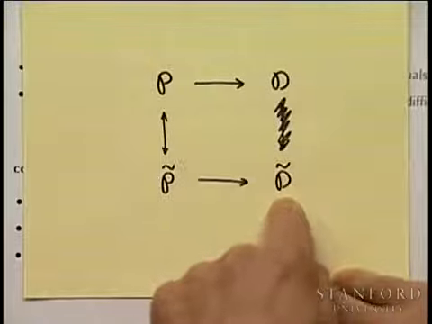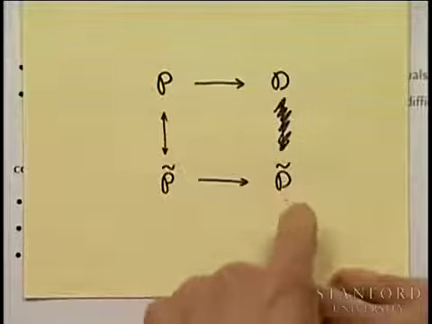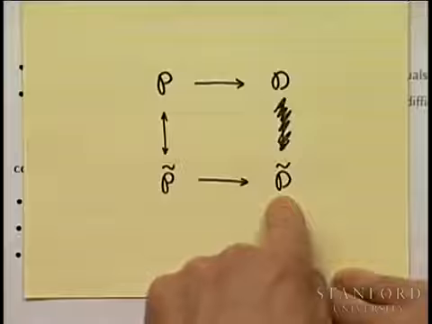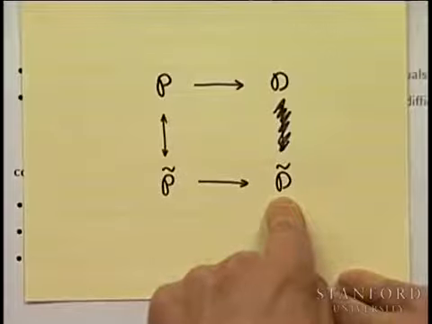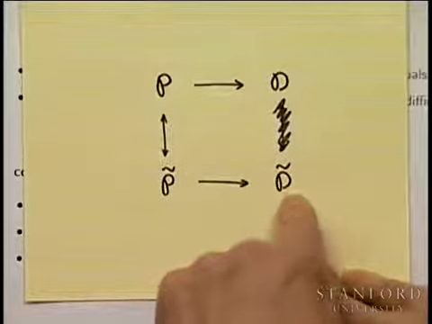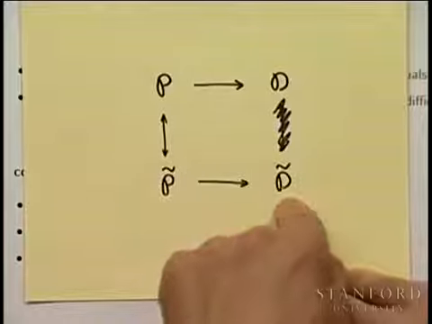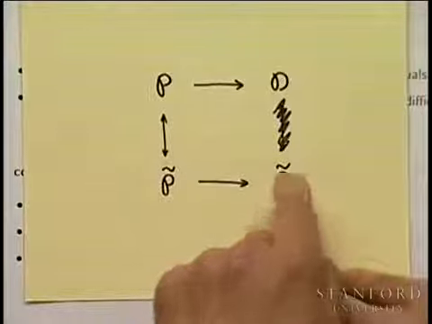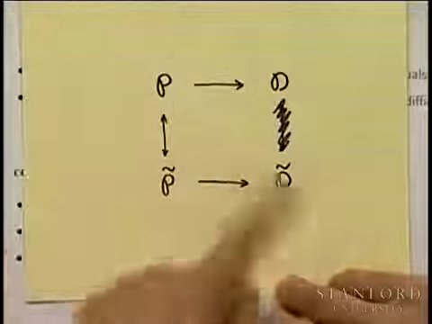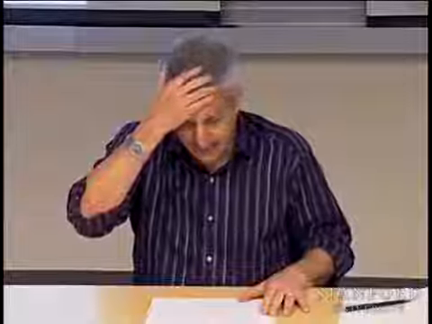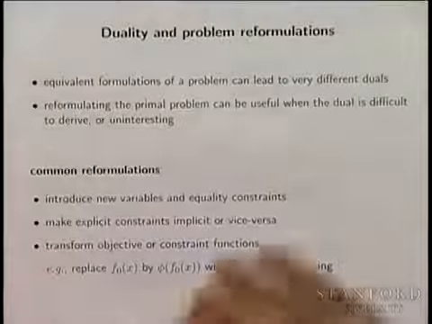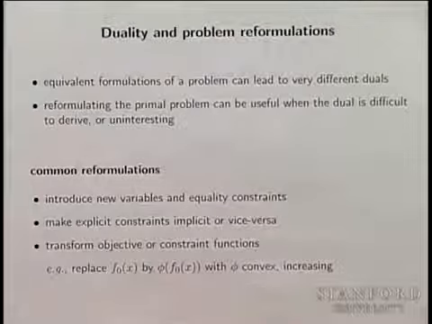In fact, if you look in the literature, that's why you'll often see these duals with different names. If you read a lot of the literature, which I don't really recommend, you would find things like the Frank Wolfe dual or the Smith dual. They have all sorts of names, and they just follow this thing. So I've made the point here that equivalent formulations of a problem can lead to very different duals, and let's look at some